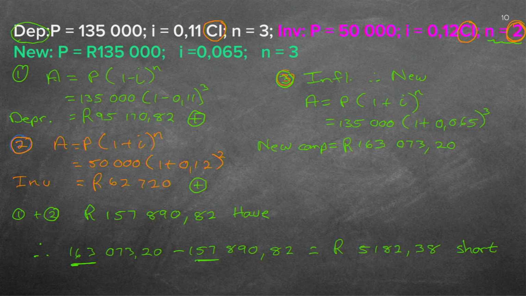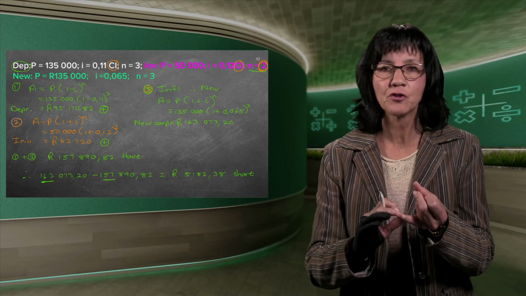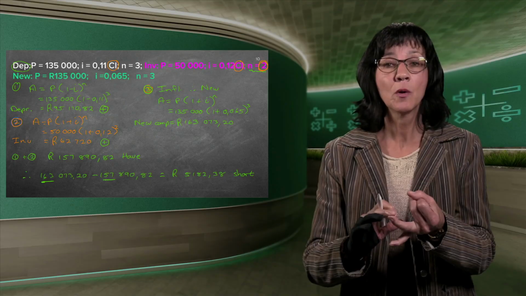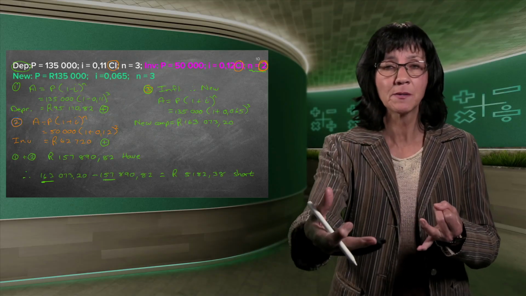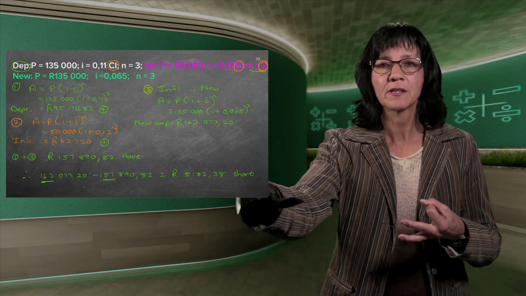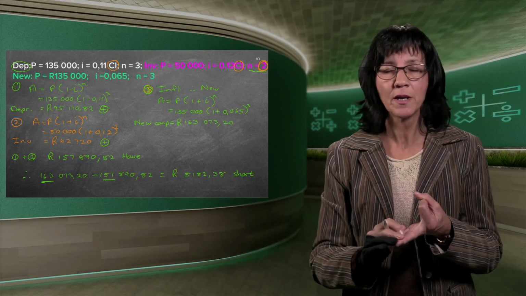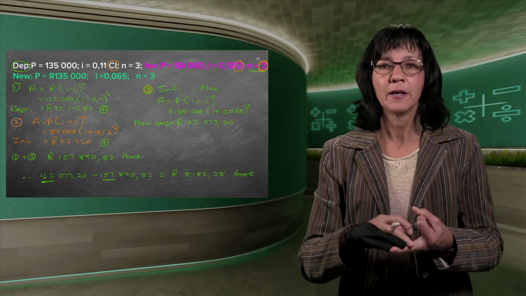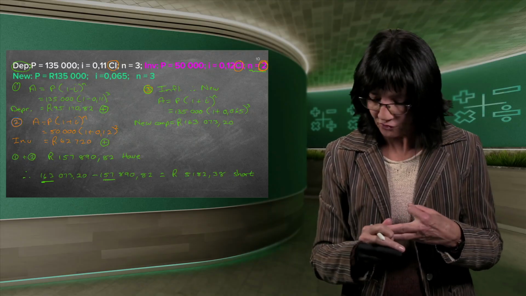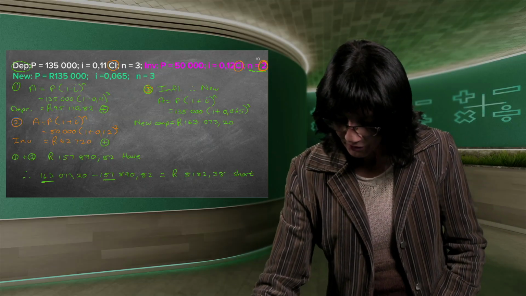So you see, it's a lot of stuff that I'm doing. We've done 3 different formulae. One was depreciation, the first green one, number 1. The second one was plus, because that was an investment, so I got more money. And the last one was what the new stuff is going to cost me at the end of the 3 years. So that's also a plus formula. And because it's inflation, it always has a compound interest. And that is all. That is really the most difficult ones you can get.